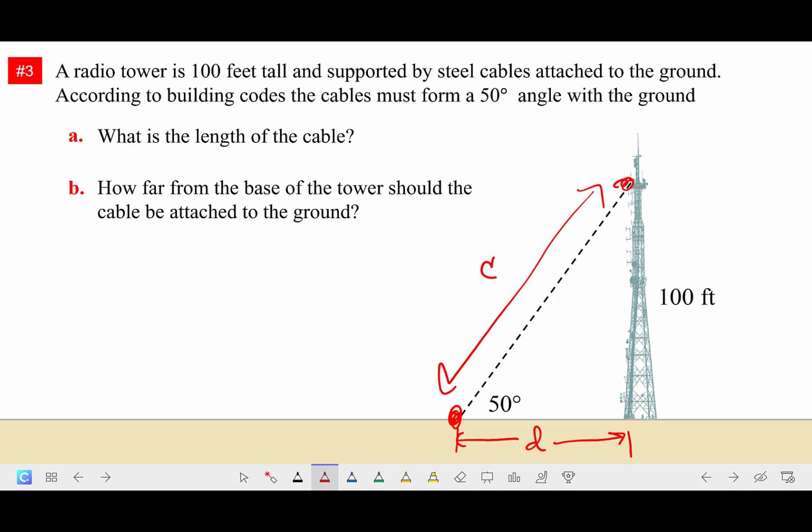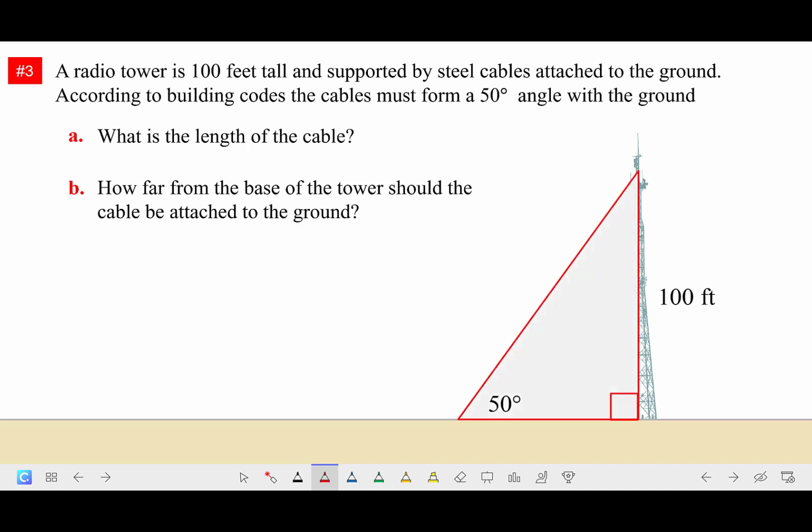So these sorts of problems are very common, and they have to do with right triangles. And maybe at first you don't see the right triangle, but there it is. We always assume a tower or a building makes a right angle with the surface of the ground. So again, this is just a right triangle type of problem where we would use trig. Here's our angle that we care about. This would be considered our opposite side, and the cable here would be our hypotenuse, and this adjacent side here would be the distance away from the tower that we would make our attachment. So we're going to go ahead and